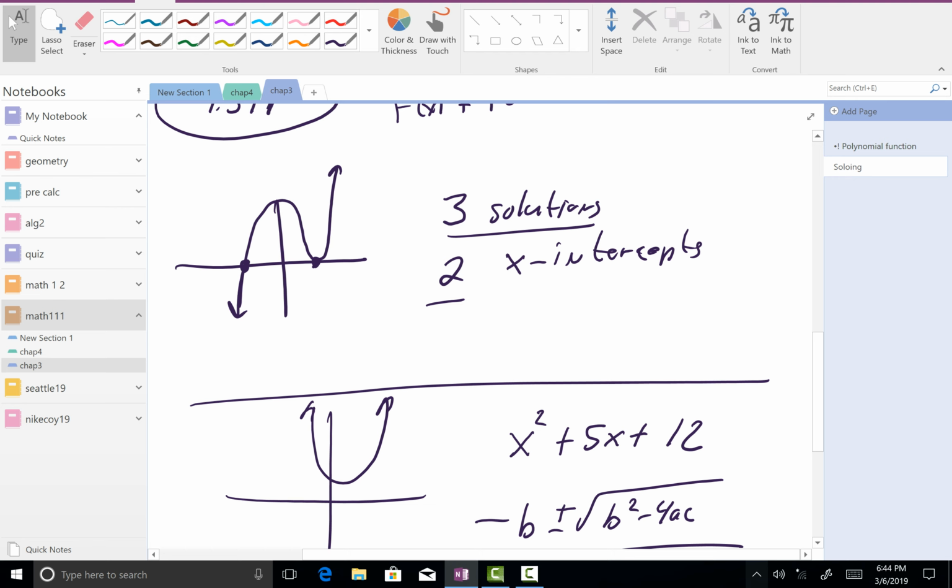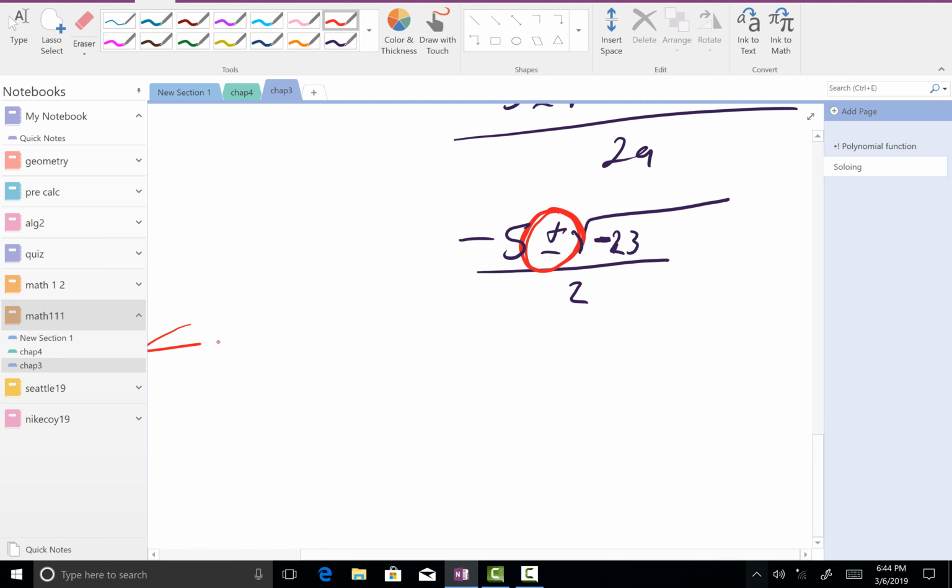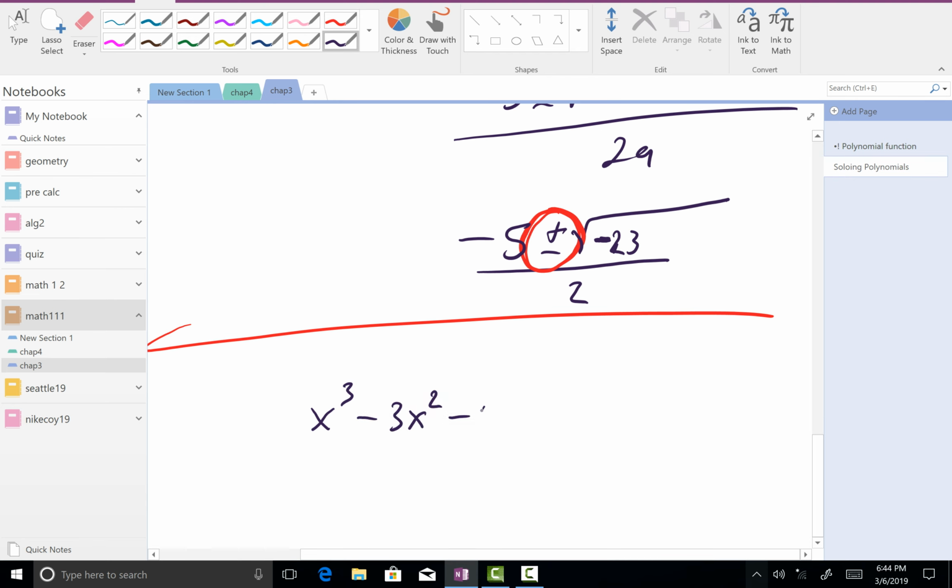All right. So here's what we're going to do. Let's go ahead and solve some of these. All right? So we're really going to get down to solving these finally. So here's the first one we're going to take a look at. x cubed minus 3x squared minus 3x plus 1 equals 0. So we're actually going to solve this. So our first